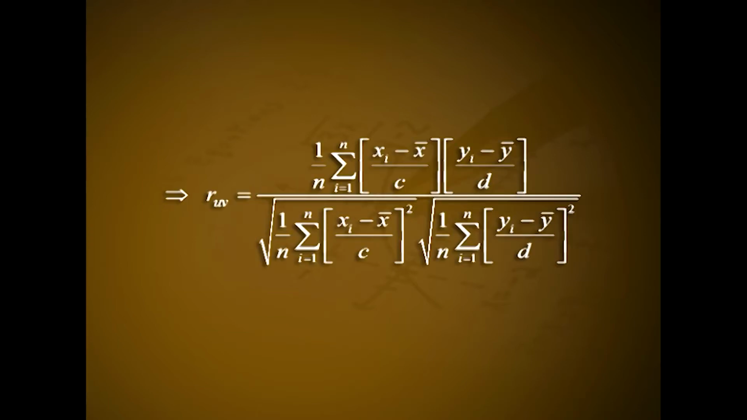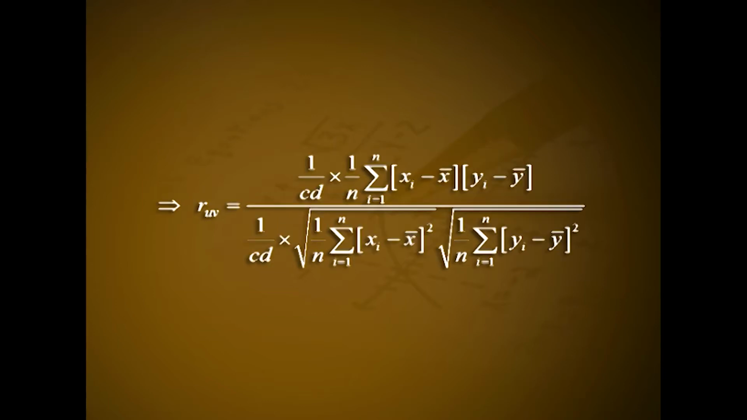This implies r_uv equal to 1 by n summation over i from 1 to n ((xi minus x bar) divided by c) into ((yi minus y bar) divided by d) divided by the square root of 1 by n summation over i from 1 to n ((xi minus x bar) by c) the whole square into square root of 1 by n summation over i from 1 to n ((yi minus y bar) divided by d) the whole square. This implies r_uv equal to 1 divided by c into d into 1 by n summation over